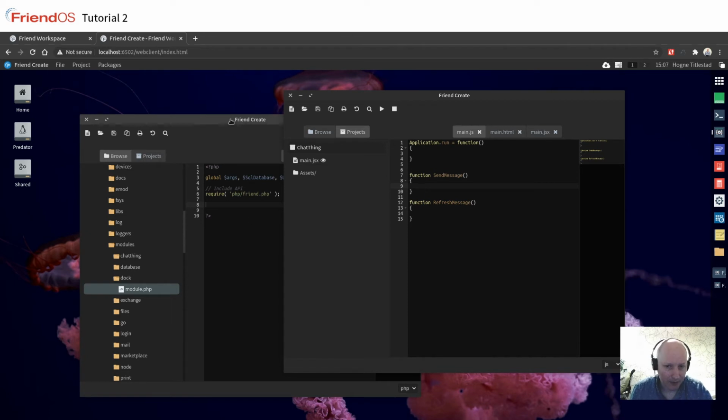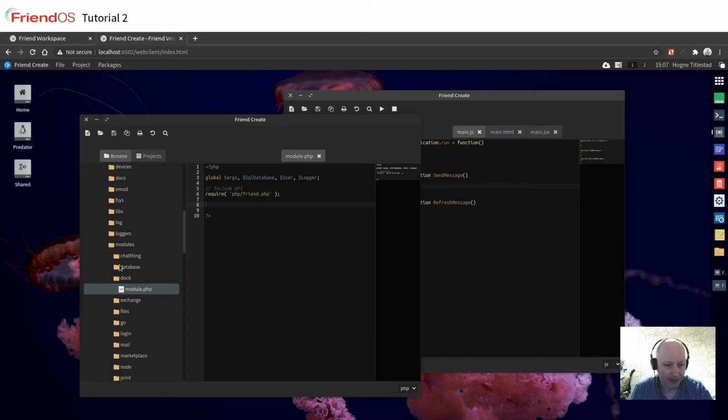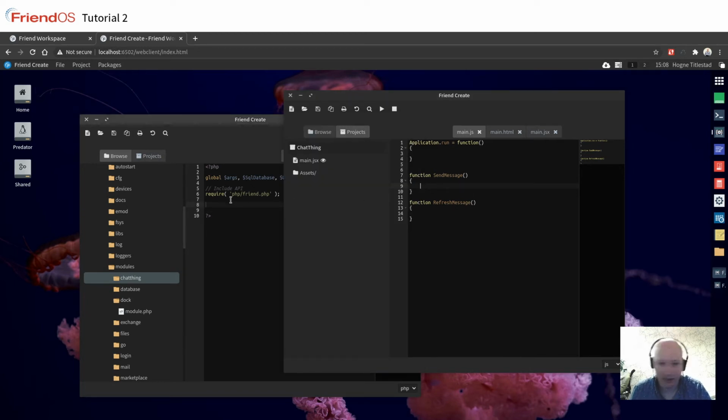So in this other window here, in the build folder, which is where Friend is running, we have added our module chat thing. And this one will essentially handle the requests from our chat application. So what we want to do is simply send a message, and we'll send it to a user that doesn't exist, because right now we're in a single user modality. So let's just invent a call on this new chat thing